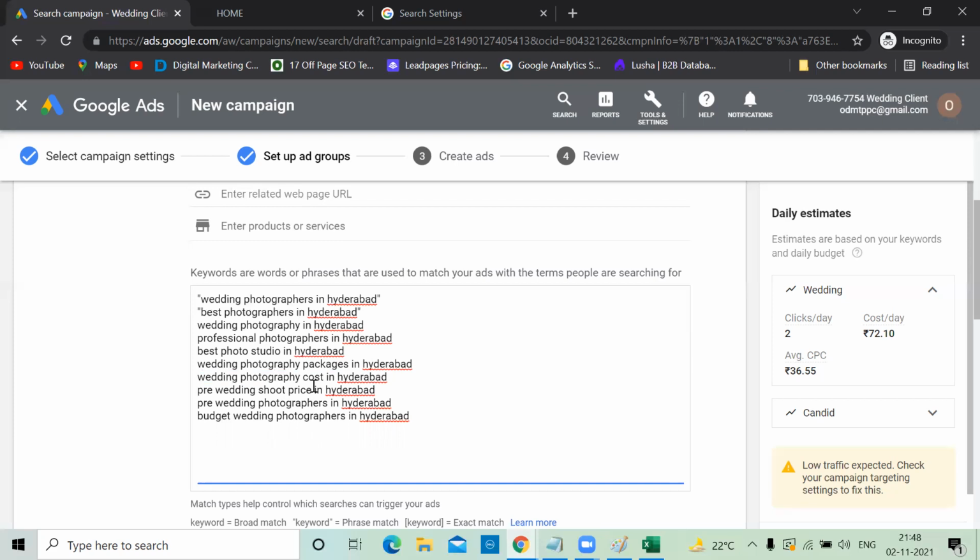See, these people have not made up their mind, but there is a possibility they will convert. But at what cost? 120 rupees per click is happening. It's a problem, but this one is charging only 10 rupees per click. So no problem for me. So all of them, either you can change it now or you can change it later. It's better to do it now, maybe you'll forget afterwards. So it's better to change all the keywords to phrase match. Your success will depend on this only. Most of the people fail because of the match types only.